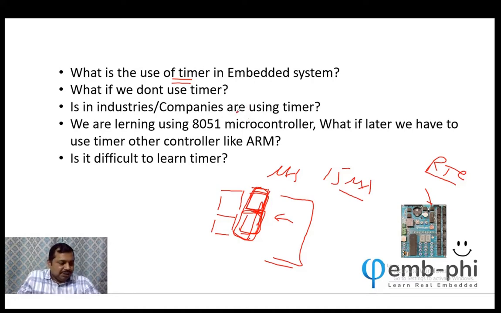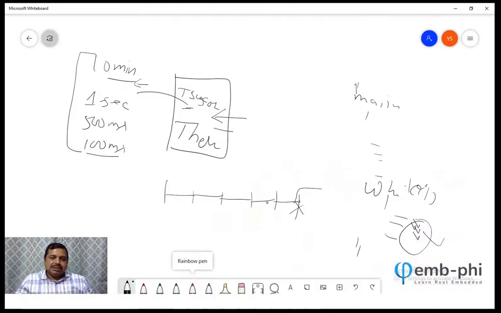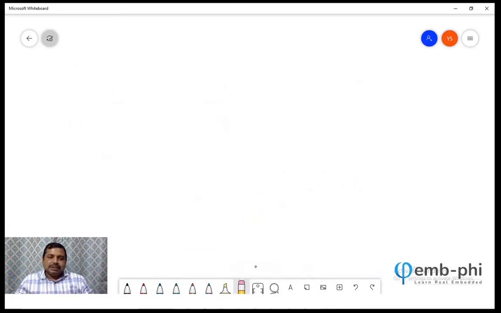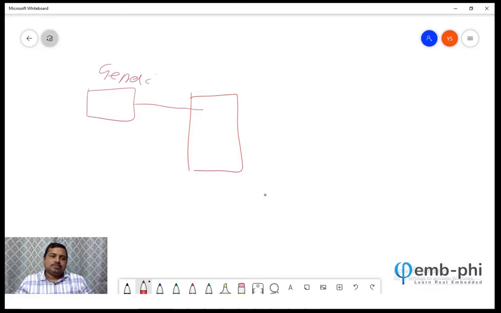I'll tell you one more example. In my industrial experience, I was working in one very big company. In that company, we made one project, and it had two inputs. One was the generator, and the other was your power supply, whichever company is supplying power to you.